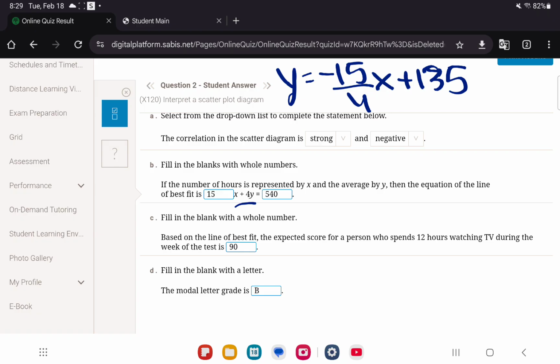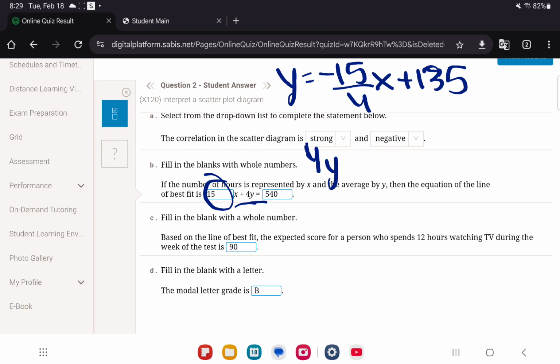First thing beside the y, what do you see? Do you see any place to fill in a fraction? No, you don't. So we have to multiply by 4, because in front of the y is 4, and the denominator is 4. That explains why you have to multiply by 4. So if you multiply the whole thing by 4, it becomes